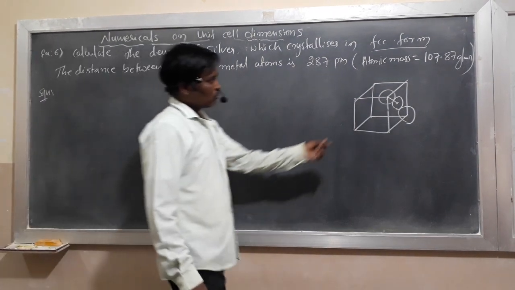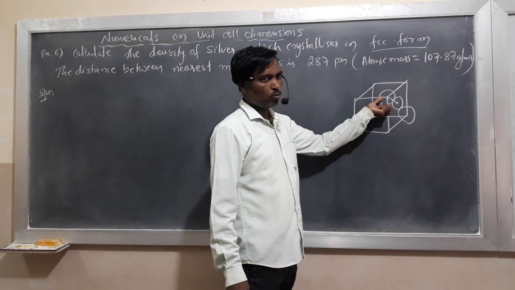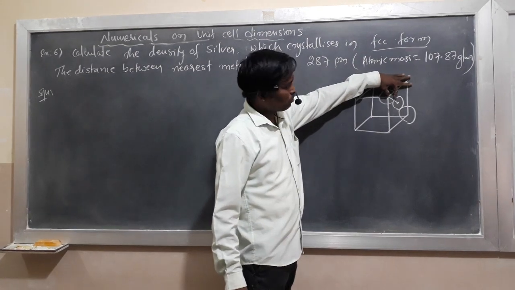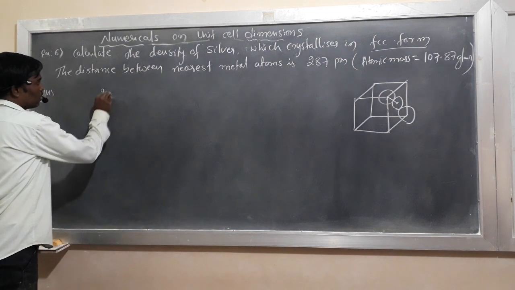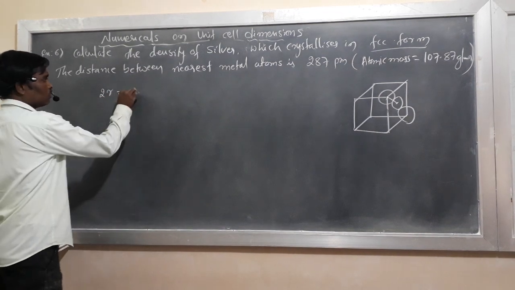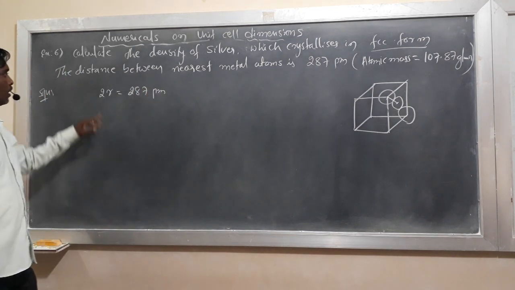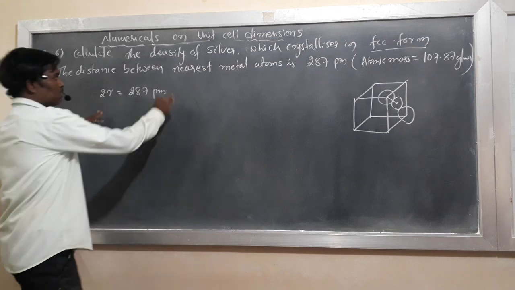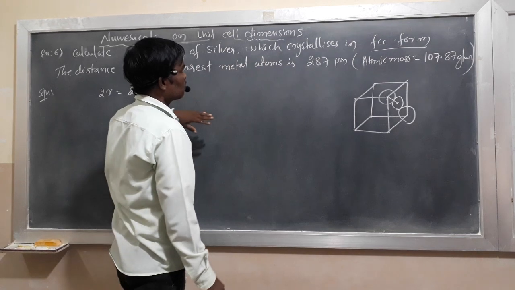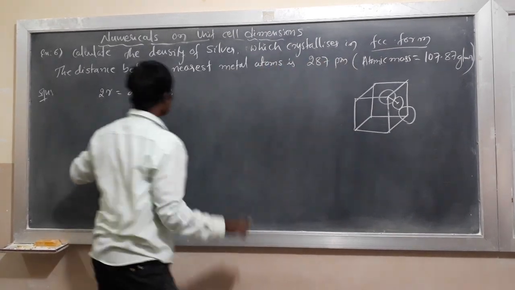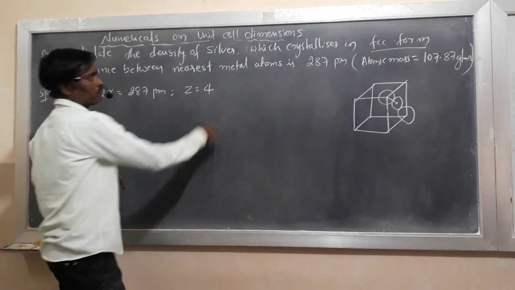picometers. We know the distance between the nearest neighboring atoms is defined as 2r, because the radius of the first sphere is r and the radius of the second sphere is also r. Therefore 2r value is 287 picometers. 2r equal to 287 picometers is given, and another parameter which helps in solving this example is FCC form. That means Z value is given. Z value is 4 for FCC,